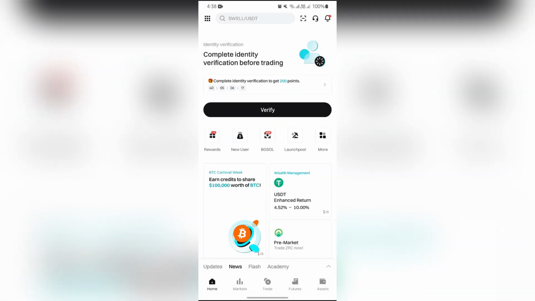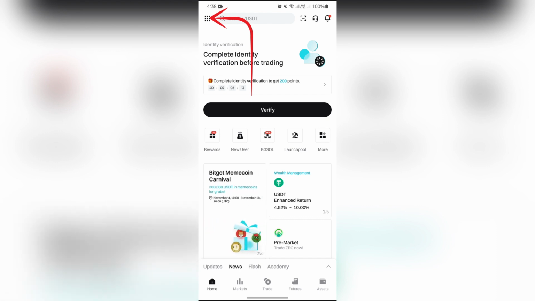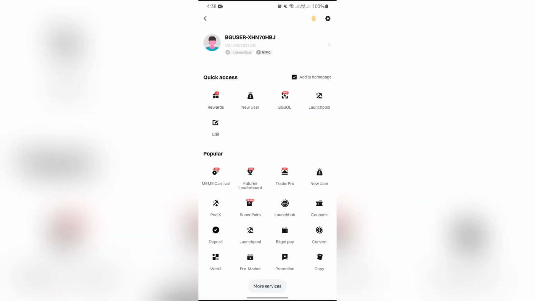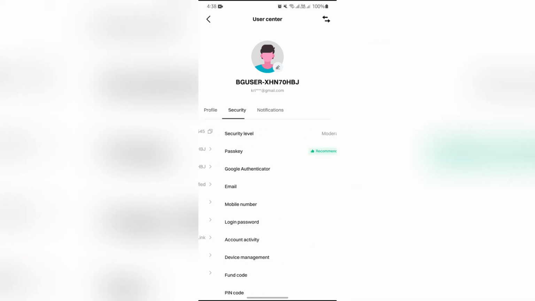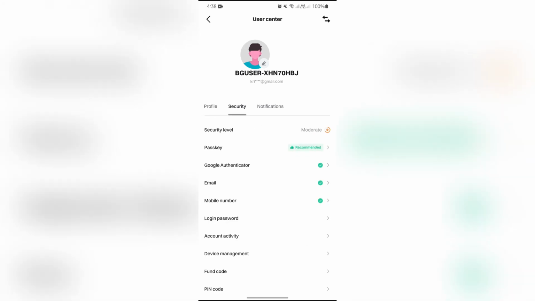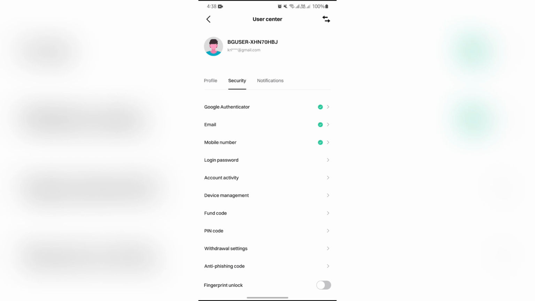after opening the Bitget application you will get to see this dotted icon in the top left corner. Simply tap on that icon, and after that simply choose your profile. After choosing your profile, you will get to see this option of security. Simply select the security option, and after selecting that, scroll all the way to the bottom and you will get